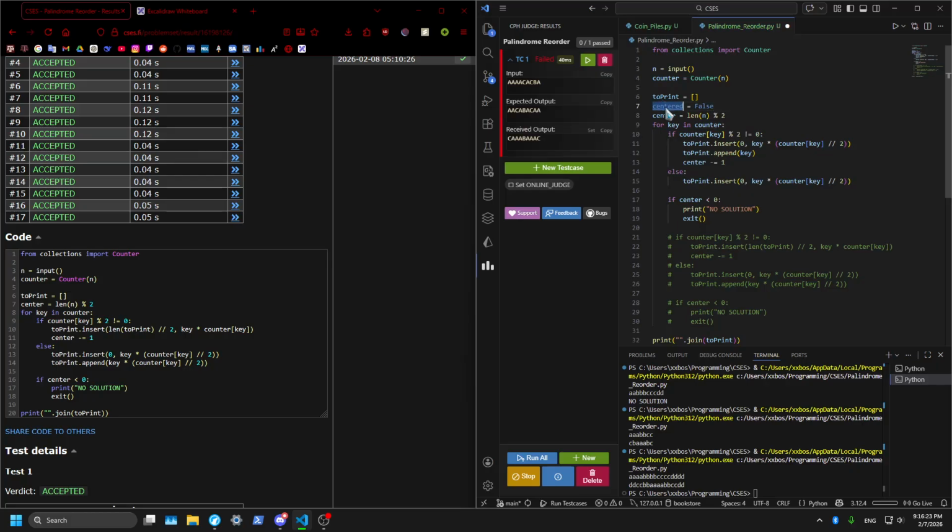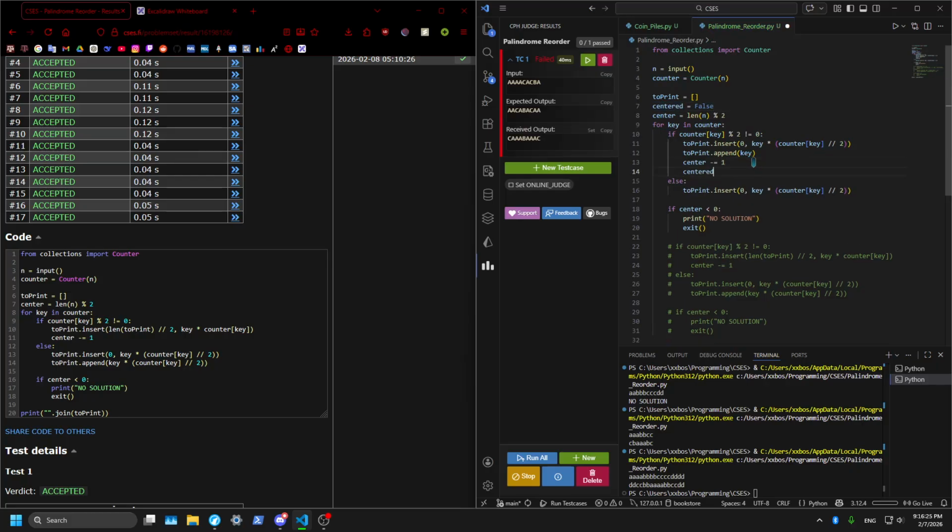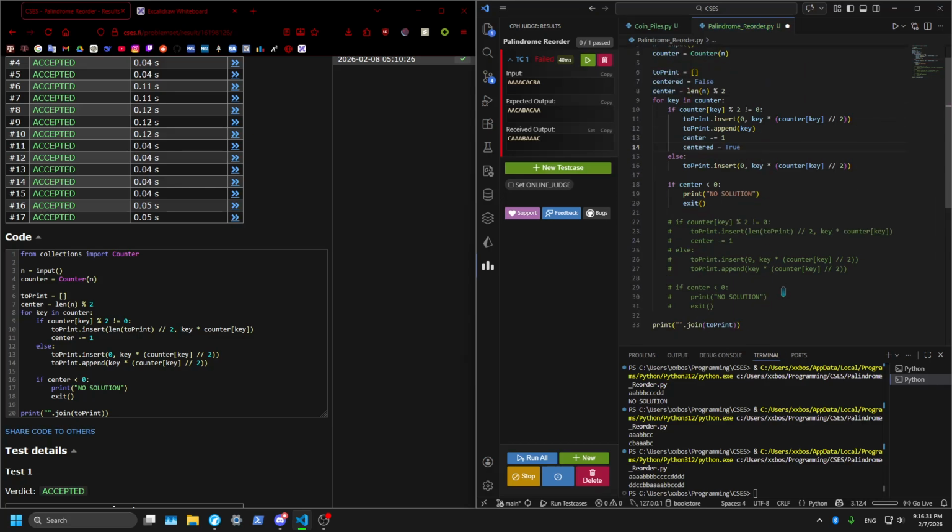False. Set centered equal to true here, and then